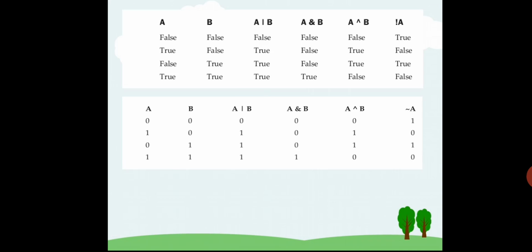The second truth table is for zeros and ones, so binary values. The first truth table is for boolean values, true or false. If you want, you can pause the video, write it down and see the difference. There is actually no difference between the first table and the second table; in the first table they have gone for boolean, in the second table they have gone for binary. That's it. Both are the same.